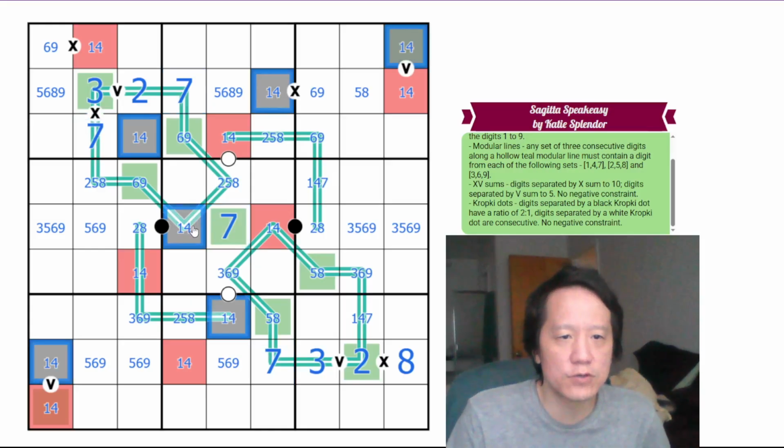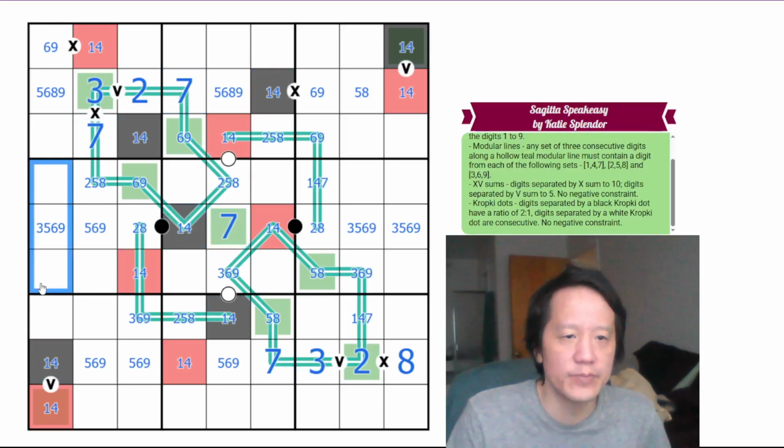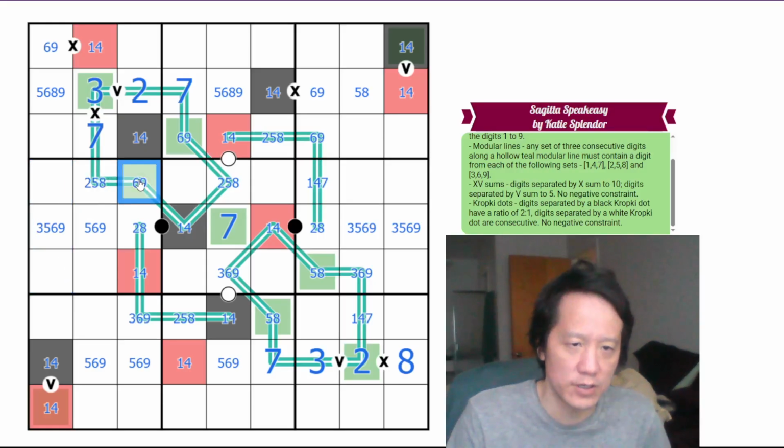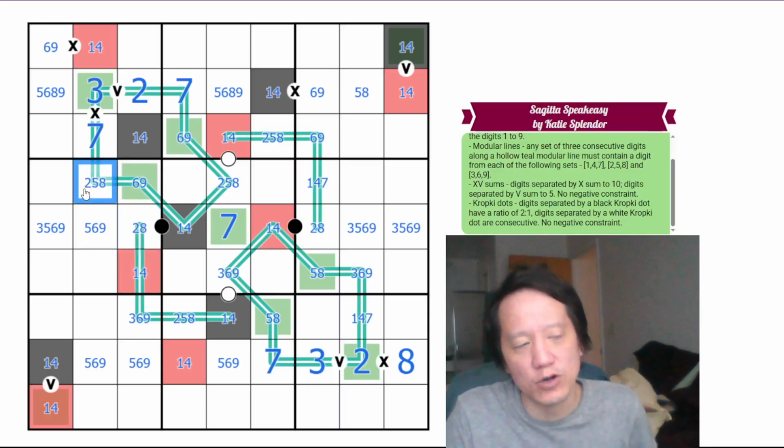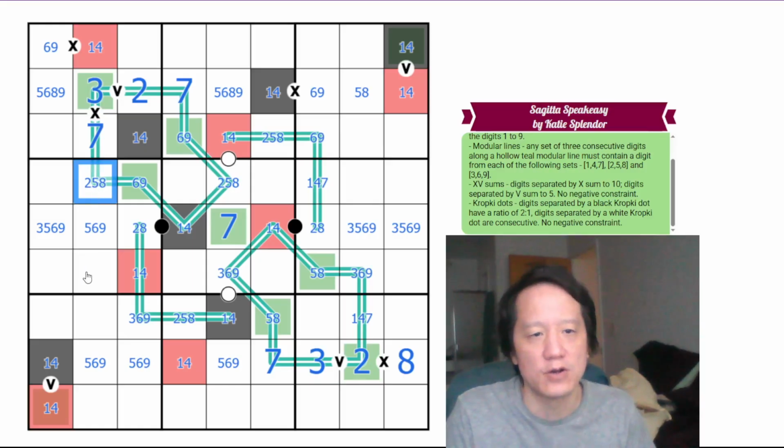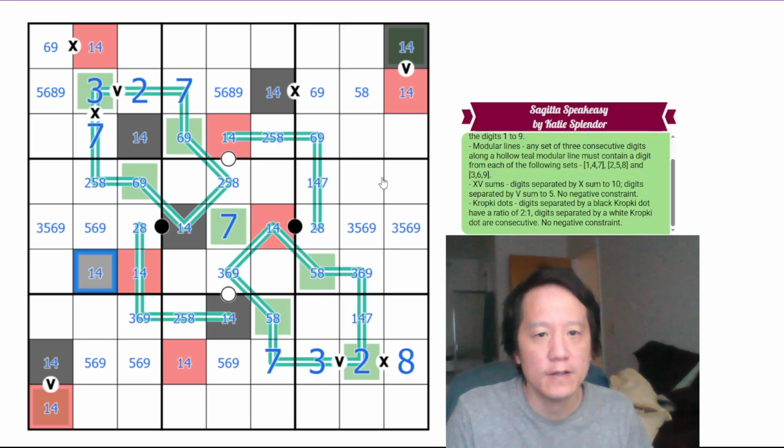What about dark 1, 4? Dark 1, 4 cannot be here. So in this left central box, dark 1, 4 cannot be here, here, or here, and this is a different set than 1 modulo 3, so it can't be here. So this must be the dark 1, 4 here. That means,